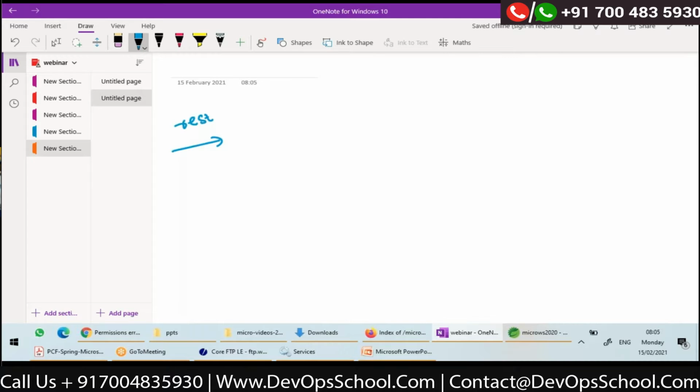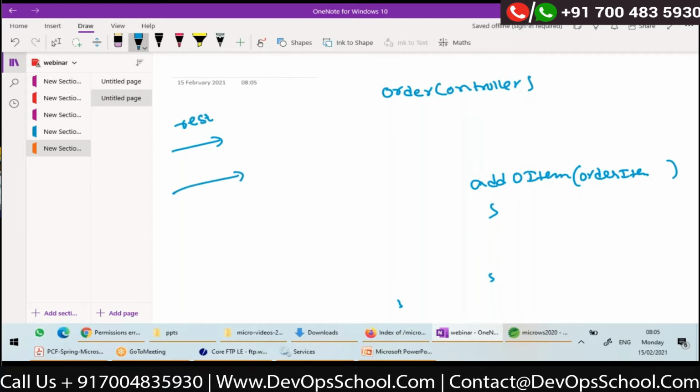Let's assume that in your code you are writing an order controller, and you have a method, let's say add order item, which will take an order item.